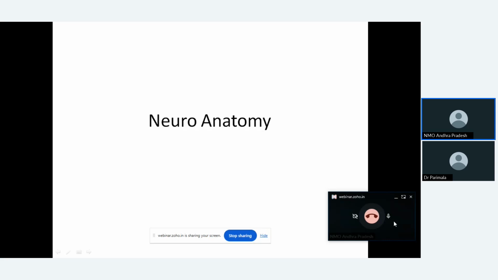Today our subject is anatomy. The topic is neuroanatomy. Topics to be covered are medulla, specialized surface, functional areas of the brain, and circle of